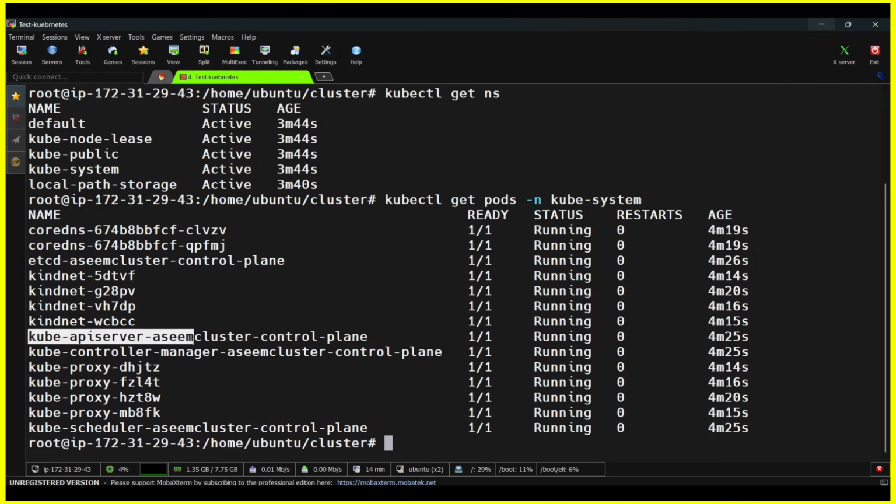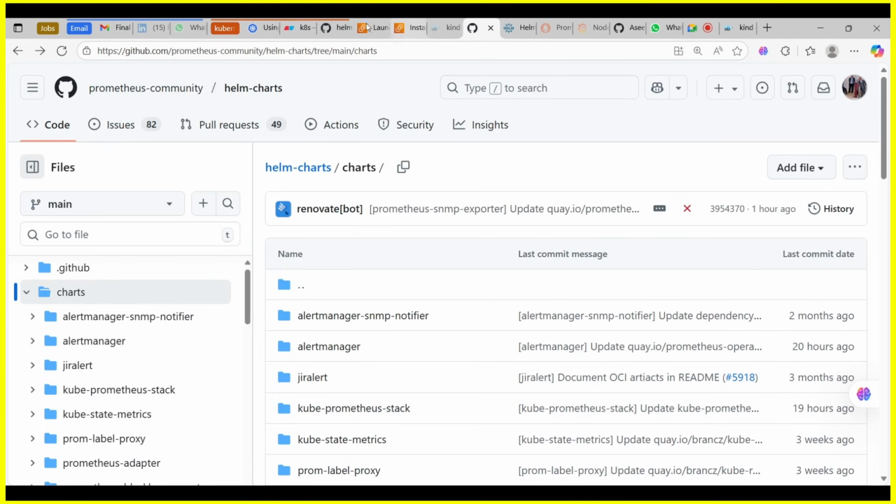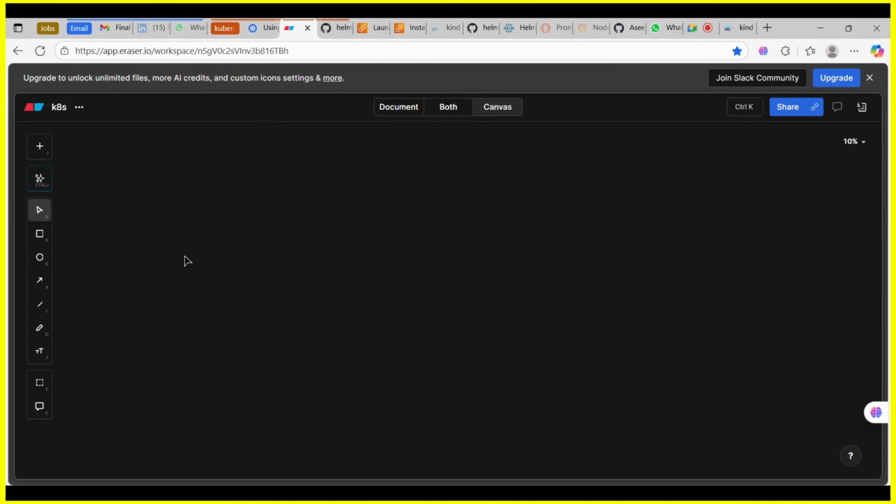And there is the kube API and kube controller proxy, as per our diagram which we have created, right? So it is taking,